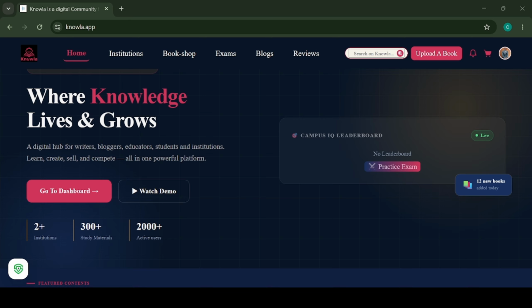navigate through the website. Knowla is an educative platform that is designed for students, educators, and creators as well. If you're a creator, a student, or an educator, Knowla is meant for you. Knowla serves four main sections at the moment, which are the blogging section, the exam section, the